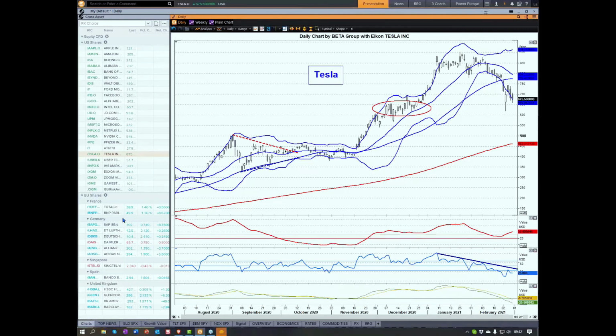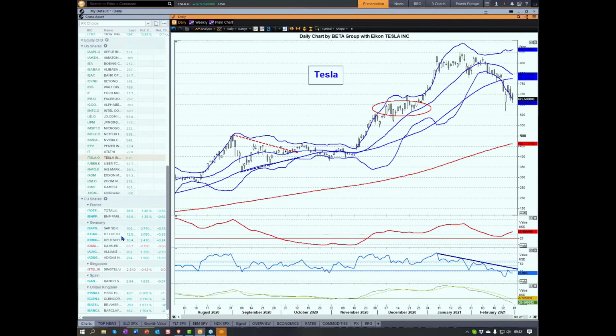Now, why is that? One of the things which made banks so bad is the low interest rates and negative interest rates. It's hard for a bank to make money when it can't charge interest and when it's so competitive with interest. And so if we look at JP Morgan here,